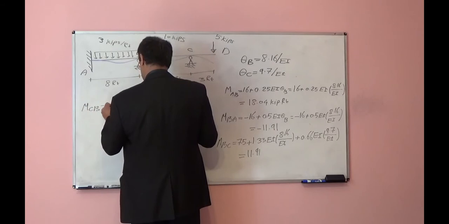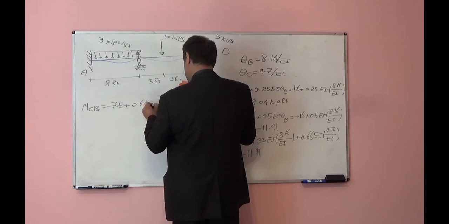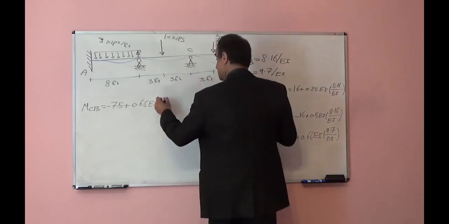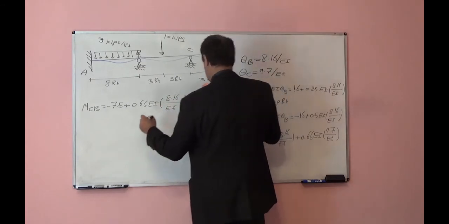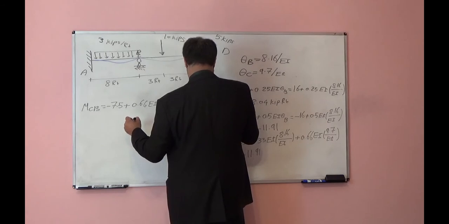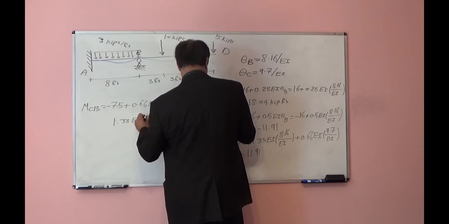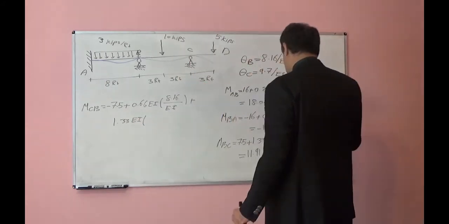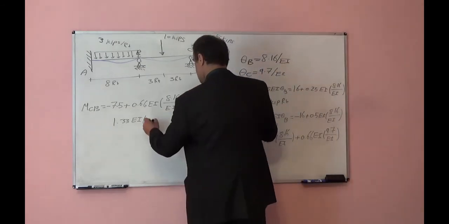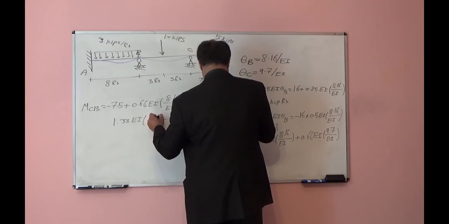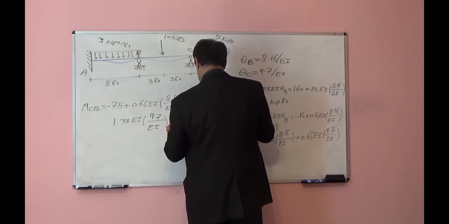And finally, MCB will be negative 7.5 plus 0.66 EI theta B, 8.16 over EI, plus 1.33 EI theta C. Theta C will be 9.7 over EI. That will be equal to, let's see,